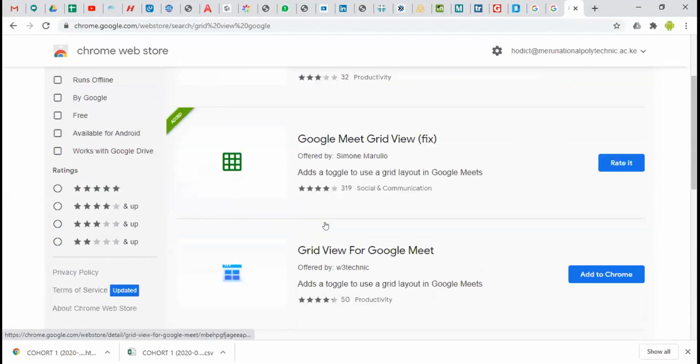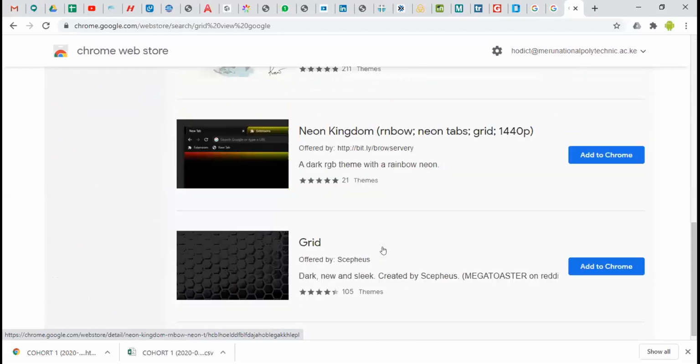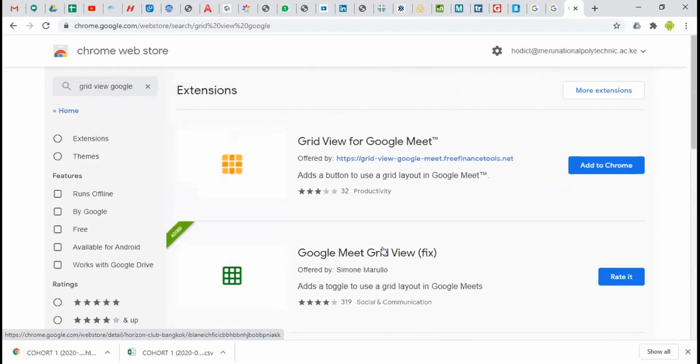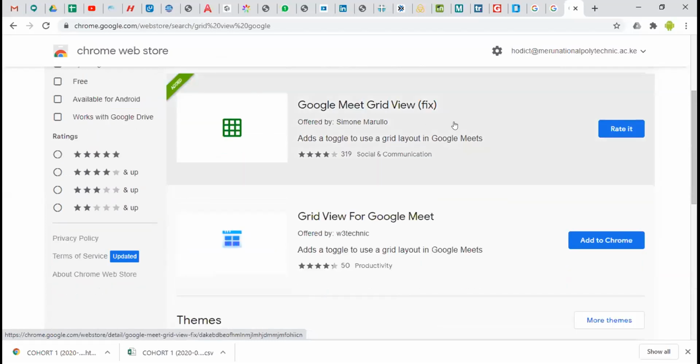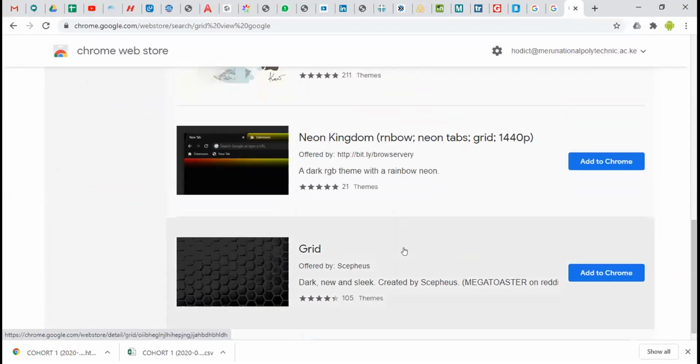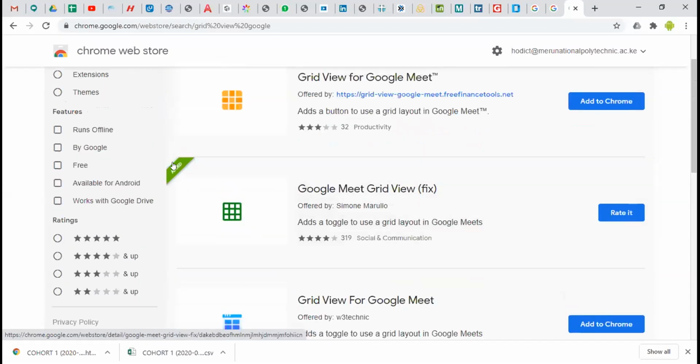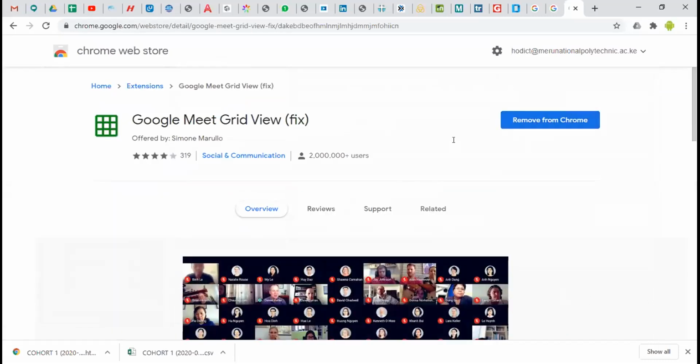So we have several, you can try the one that will work for you. You can add to Chrome or remove it. This is the one that is already added, that enables me to have more than 16 people on my screen. You can see this is added, and you can remove it from here if I want to.